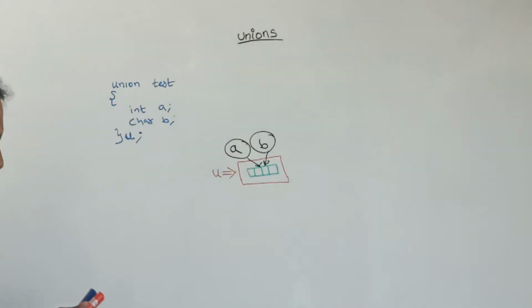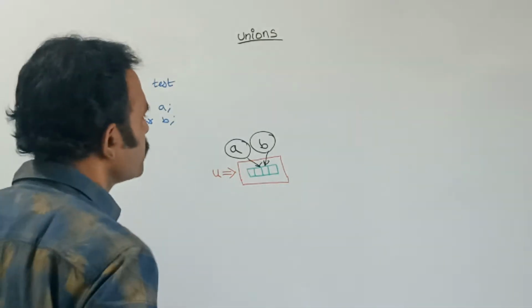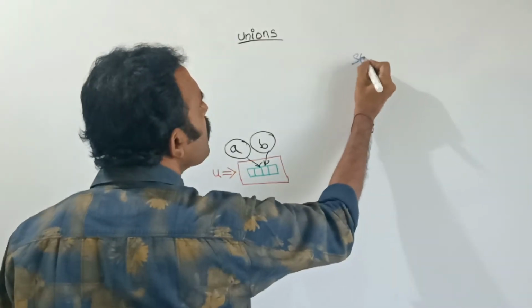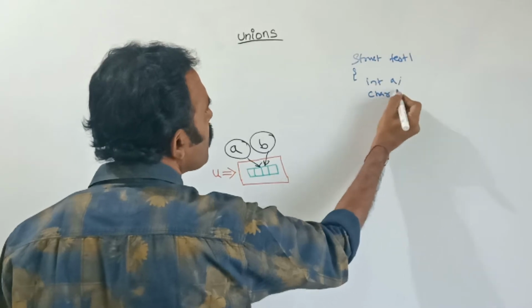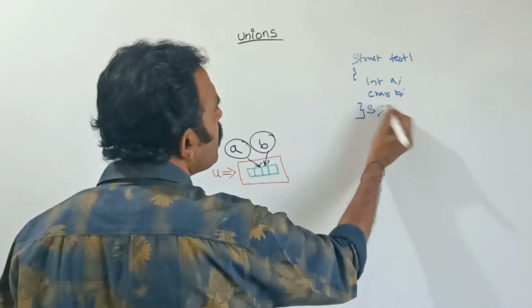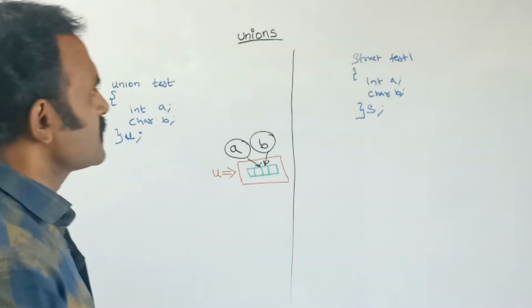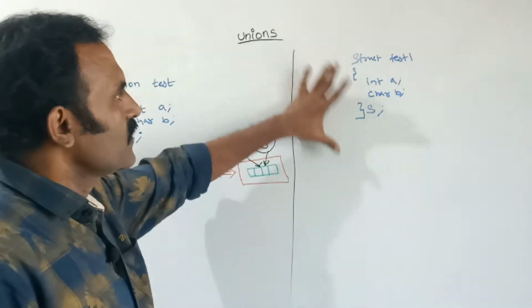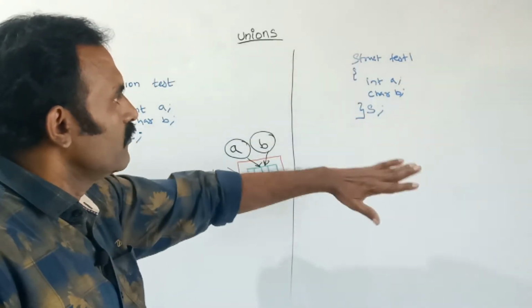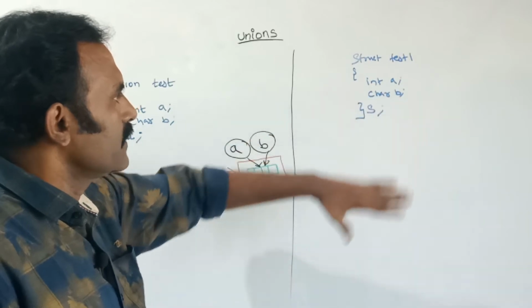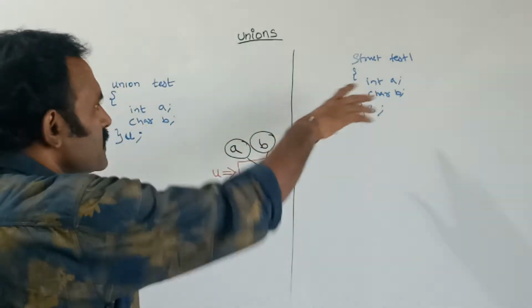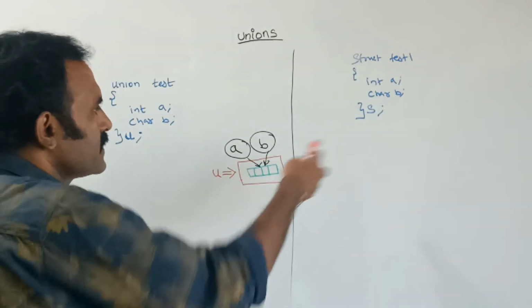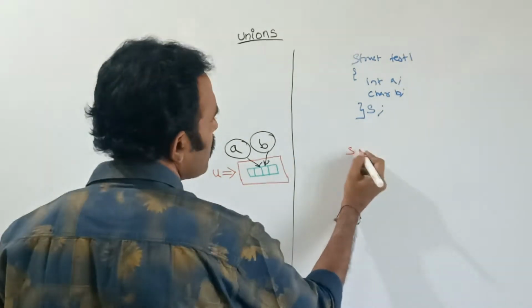See, already we had studied about the structure. Suppose you are creating a structure like this one. Here my structure name is test1. This one we had already studied. Inside are 2 members, character and integer data type. Next, here my structure variable name is S. Suppose in a structure, how will it allocate the memory? My structure variable name is here.